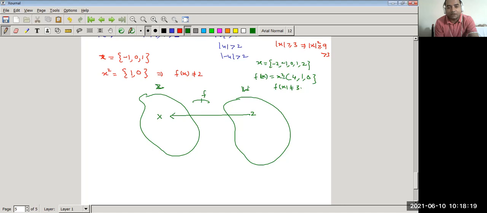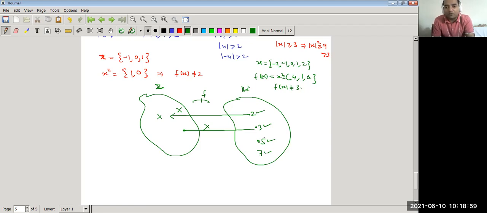there does not exist any x in the set of integers, that is the domain Z, such that f of x is equal to 2. So we are not able to find any x in this case. Similarly for 3, there does not exist any x in the domain. Similarly you can take 5, there does not exist any element in the domain whose image is 5, 7, 11, 13 and so on. So we are taking a particular case for 2 and also discussed this for 3.